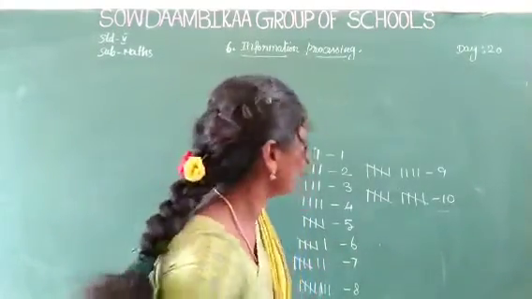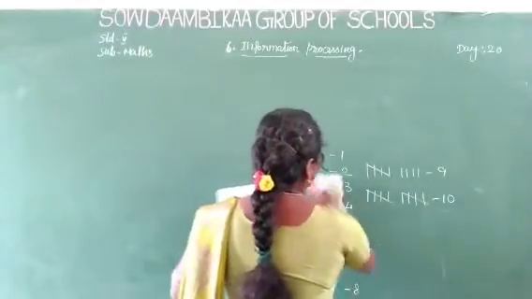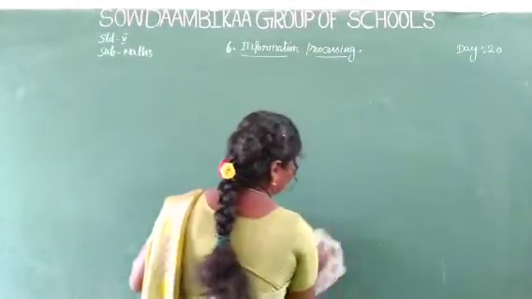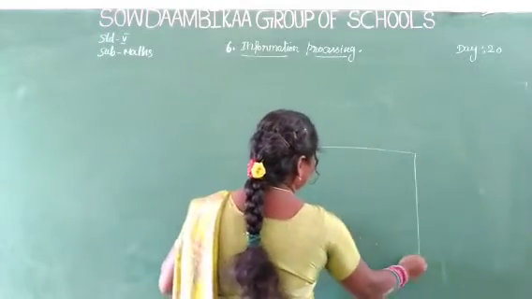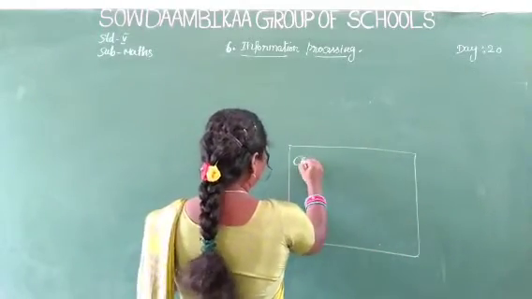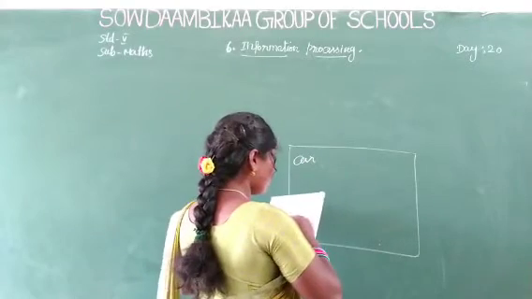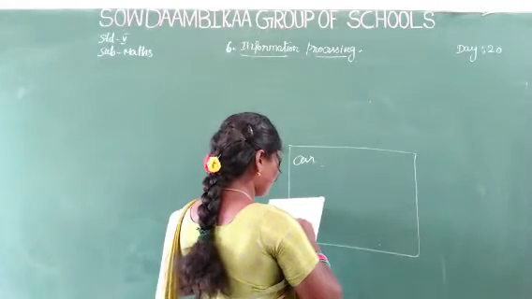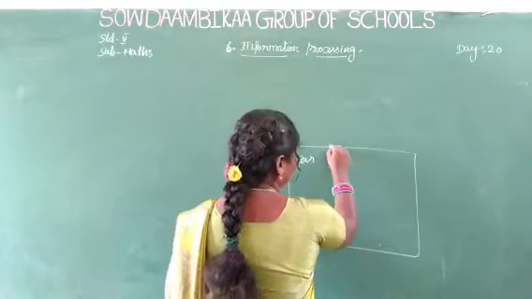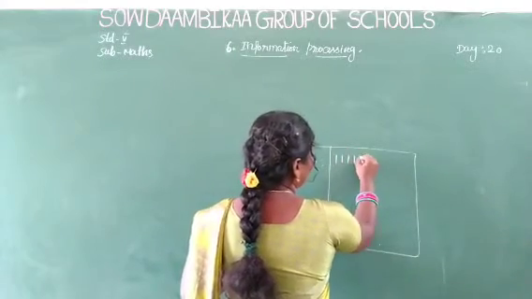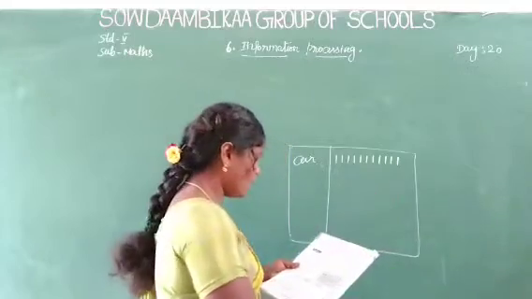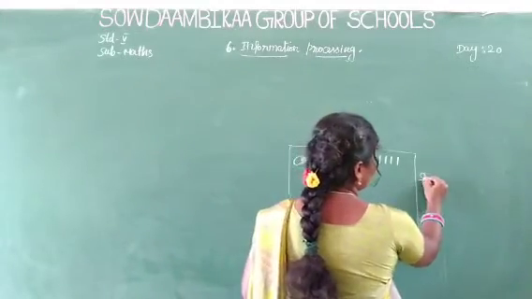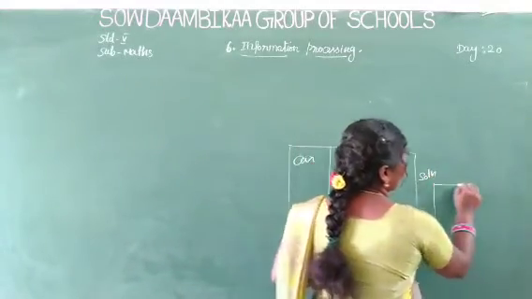Now, car. See the box. Car, how much? Count it: 1, 2, 3, 4, 5, 6, 7, 8, 9, 10, 11. This is given in the question. Now write the answer. The solution. Solution box.